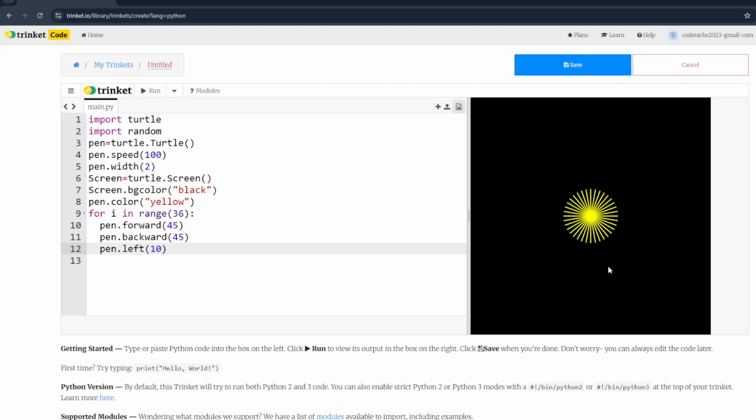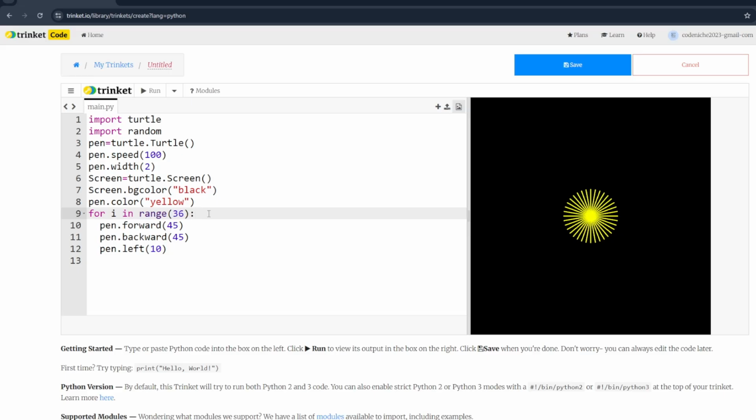Now we have this. It does look good, but it does not look like a firework, right? So which means that if I am drawing one line a little bit longer, maybe the second line of the firework should be a little bit smaller. It can be chosen randomly. So when we talk about random, we will have to use the random module. Now let's create basically this one, which will help me to draw, right?